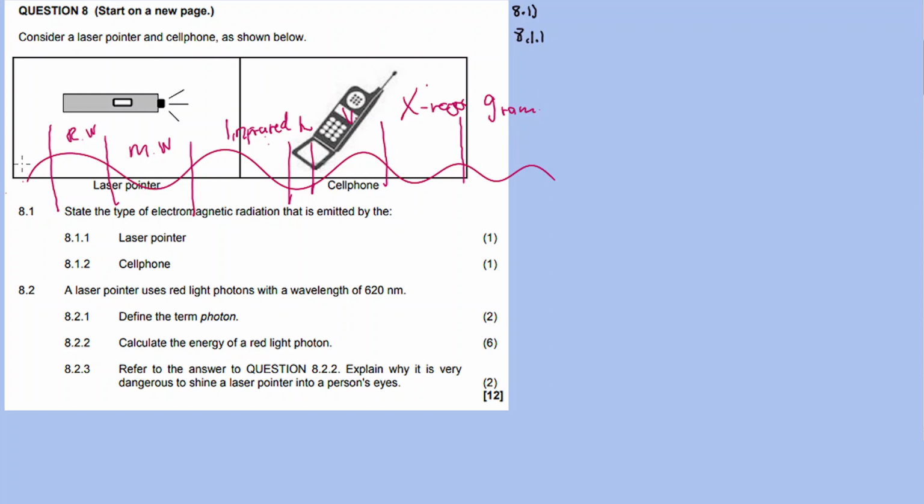So the question is, out of all these wavelengths, which one is emitted by a